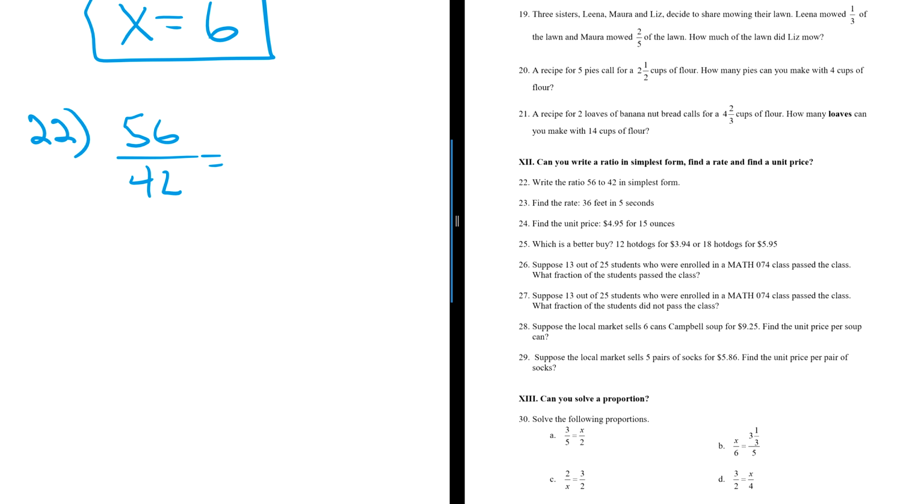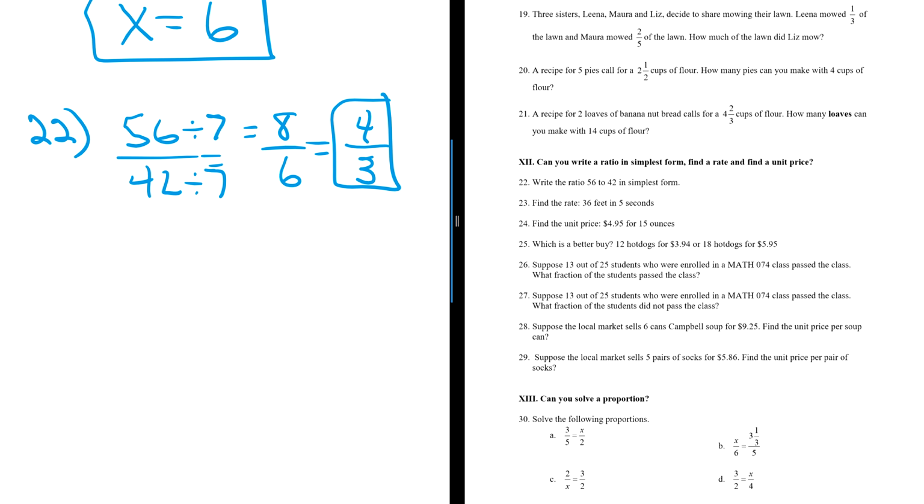What number goes into 56 and 42? I think 7 does. 56 divided by 7 is 8. 42 divided by 7 is 6. Keep simplifying. Half of 8 is 4. And half of 6 is 3. 4 thirds is the ratio